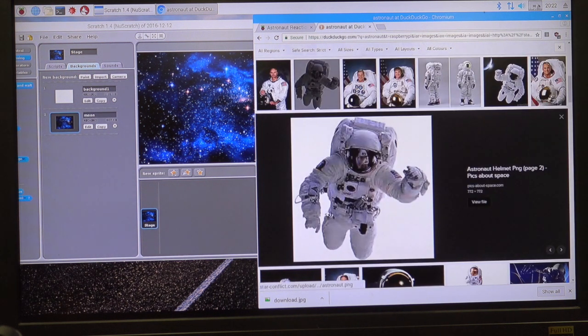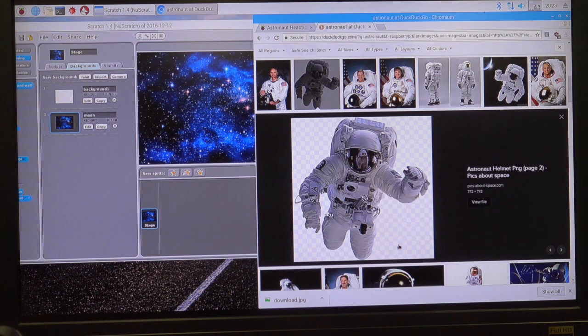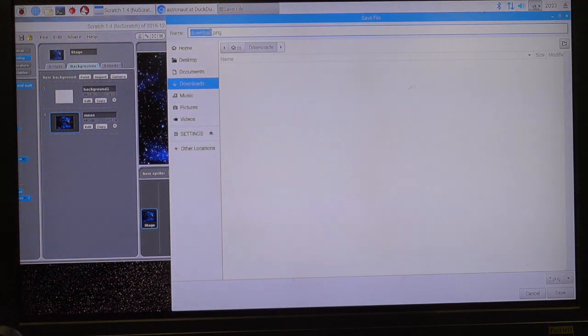If this is the one, and actually this is pretty exciting. Notice how it's got the checkered part behind it? That means it's an image without the background. So I really like this image. I'm going to save this image, and it's going to be called download PNG. It's a different file extension, but it'll still work fine. I'm going to save it,